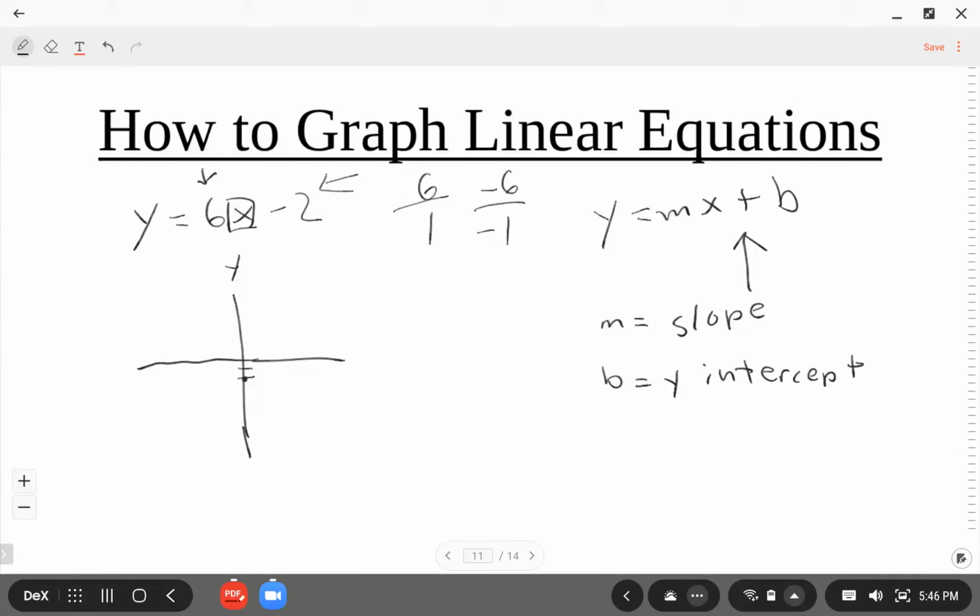So our slope is 6 over 1 or negative 6 over negative 1. Remember, y is on top. Remember, vertical change first, and then y on top, x on the bottom. So let's do y first, okay? So we have our 6 right here. So positive 6, we move up, right? So 1, 2, 3, 4, 5, 6. Okay, so everybody should get a point